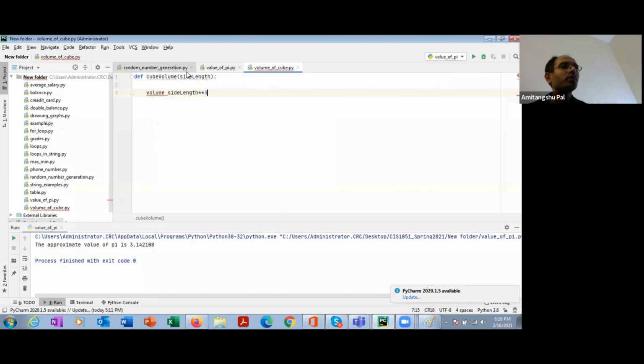You know how to write to the power 5, right? So volume equal to side length cube, and then we will return the volume. That means this function will take side length as an argument, calculate side length cube, and then return the value.